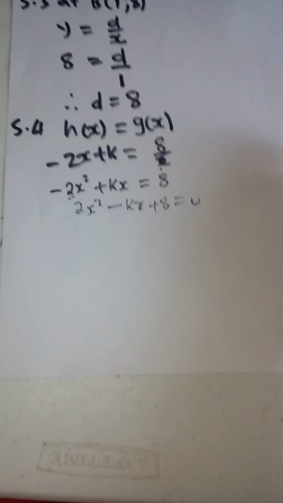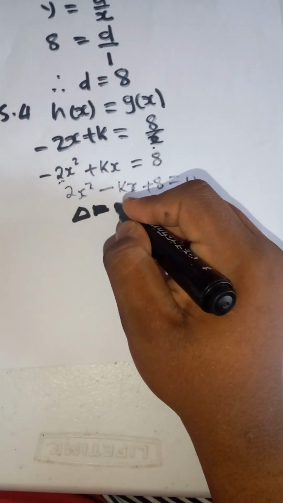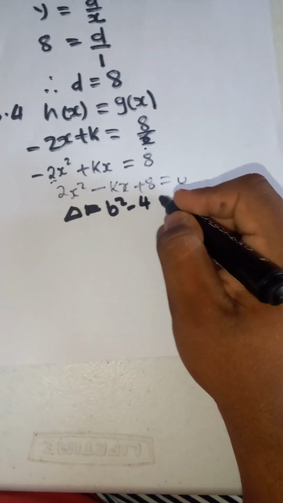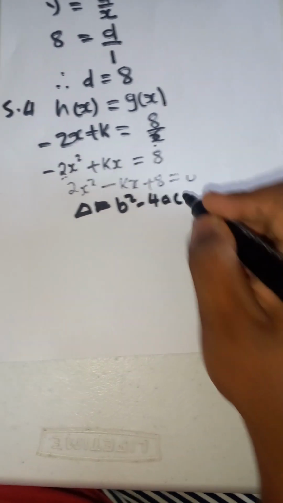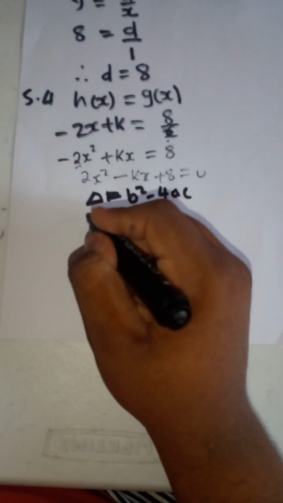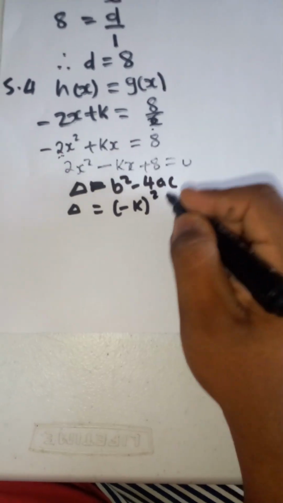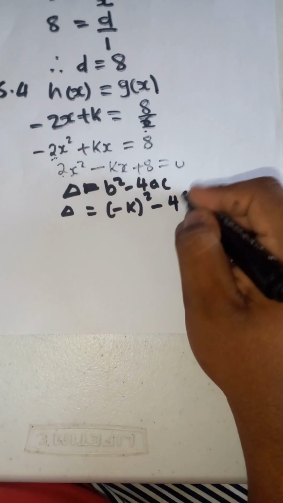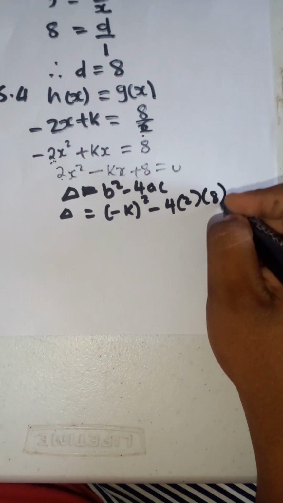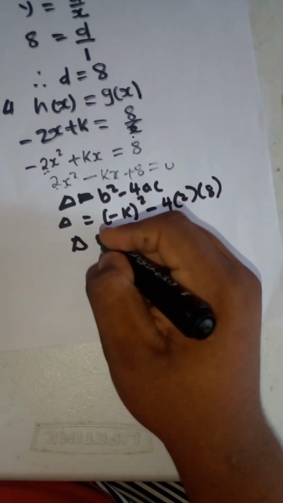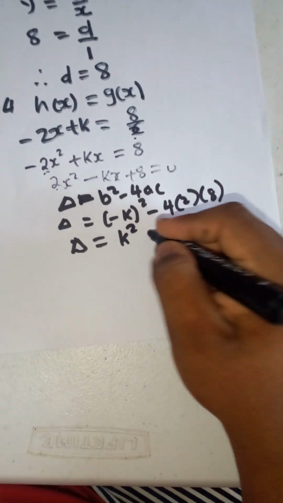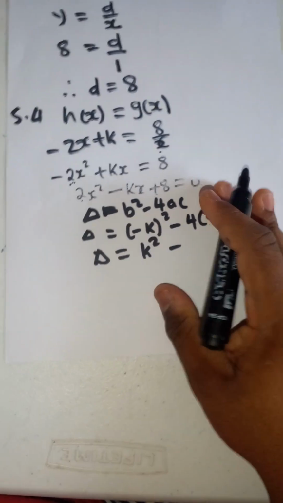And then after that, we are gonna consider our discriminant. The discriminant is b squared minus 4ac. Now we are gonna substitute. What is the value of b? Minus k, squared. The value of a is 2. The value of c is 8. So basically, the discriminant is equals to k squared minus 4 times 2, times 8,